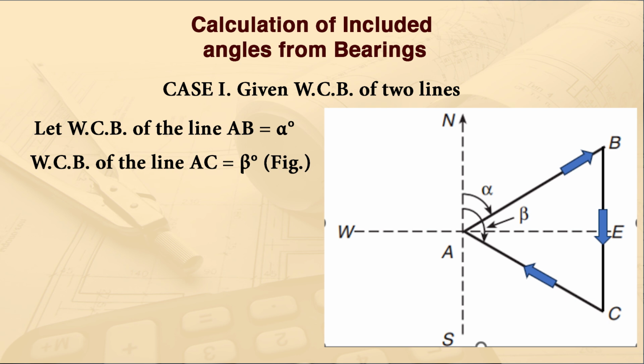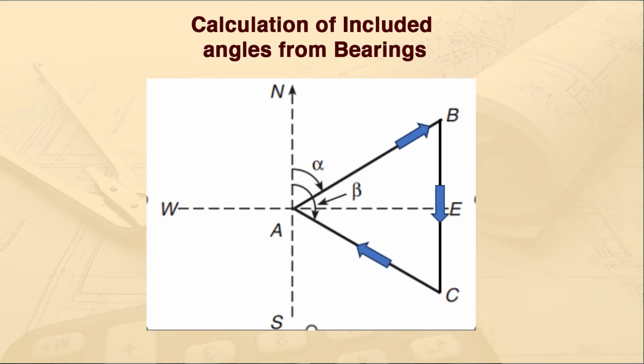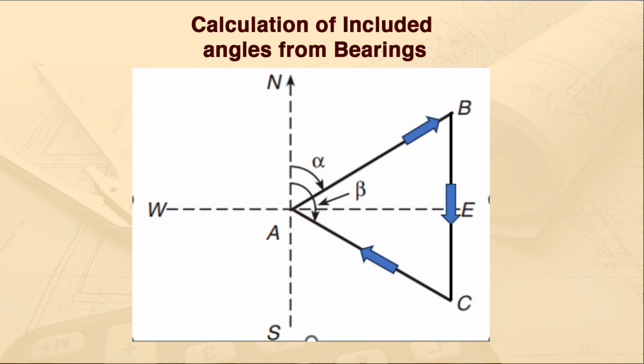Therefore, the included angle BAC, as you can see from the figure, is equal to the forebearing of the forward line minus the back bearing of the previous line. The forebearing of the forward line is alpha and the back bearing of the previous line, that is CA, is beta. As you can see from the figure, it will give you a negative value. But in the process of calculating the included angle, if the value is negative, we have to add 360 degrees to get the actual included angle,